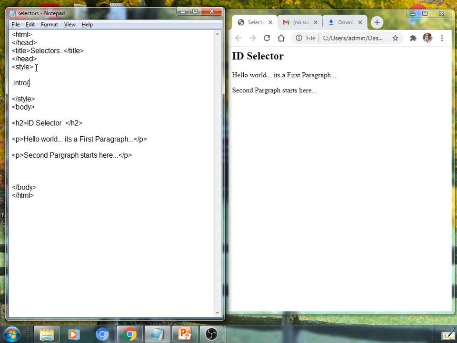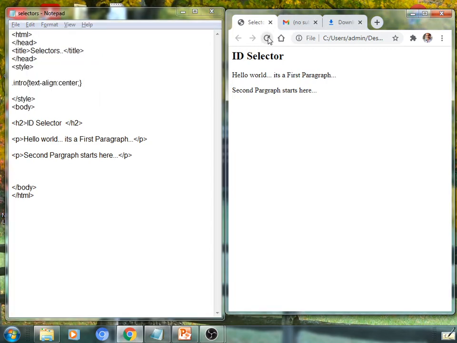Property number 1, I would like to apply text-align, text-align. It holds values, you may know it, either left or right or center. By default it holds left sometimes, depending on the browser. I would like to apply a center value for that. Just one effect I have applied here, dot intro text-align center. So it should be saved here.